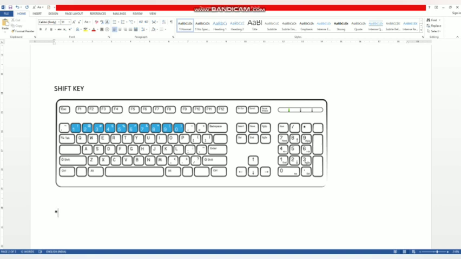Usually the caps lock key is used to type an entire word or sentence in capitals. When you need to type only a few letters in a word or a sentence in capital, use the shift key. So this is how we can use the caps lock key, num lock key and shift key. So children, practice it.